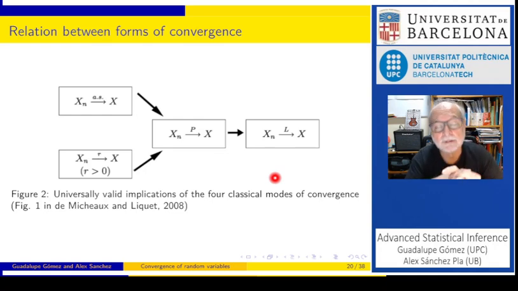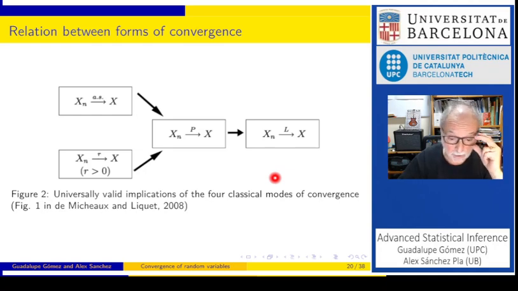Okay? Well, so it's a review of the different forms of convergence. In practice, when we need convergence of distribution functions, we focus on convergence in distribution, which is also called convergence in law. And when we need convergence of a sequence of random variables to a constant or to a variable, we would usually focus on convergence in probability, although if we can prove almost sure convergence, it will be better.